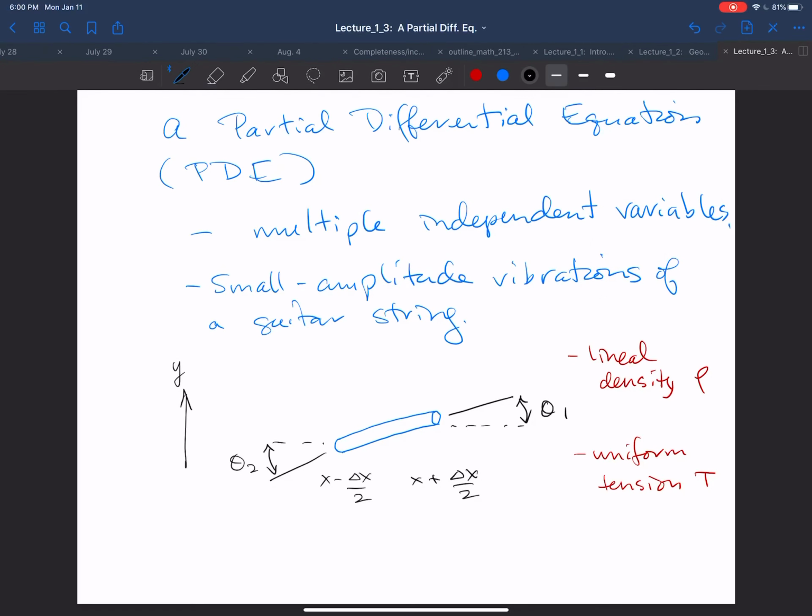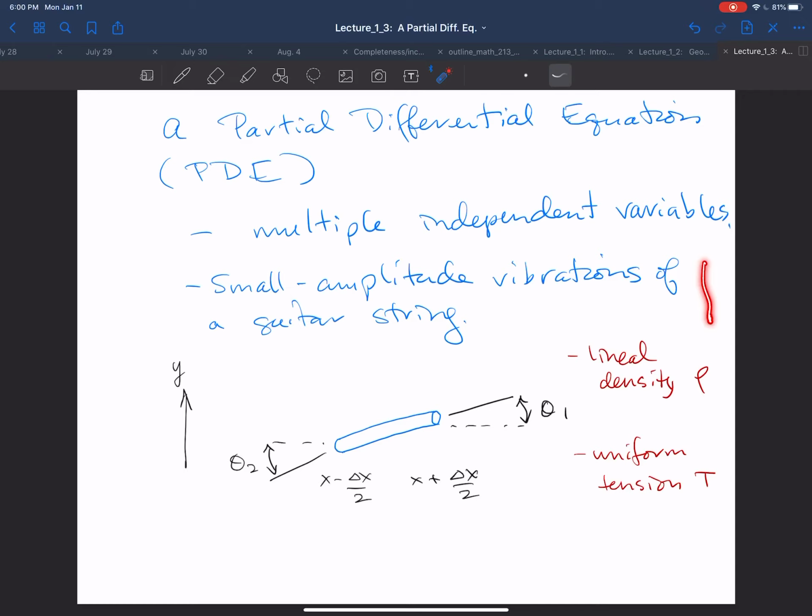In this last example, in our introductory part of the course, we're going to look at a partial differential equation. Partial differential equations are so called because they contain partial derivatives, and that's because they feature multiple independent variables. So, for instance, suppose you want to describe the amplitudes, the vibrations of a guitar string, and we'll look in